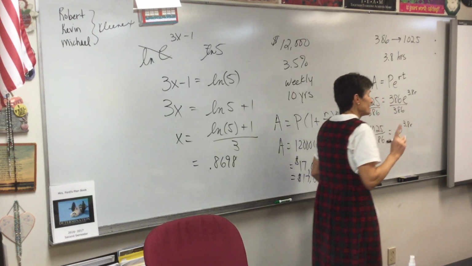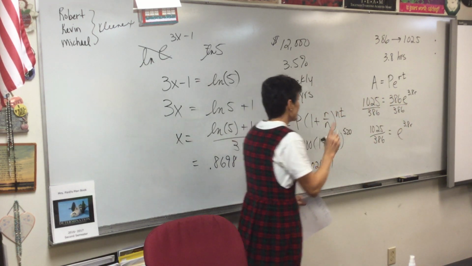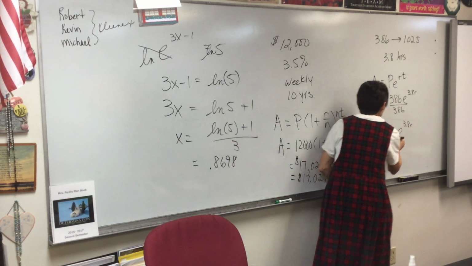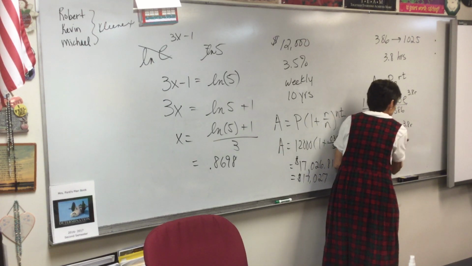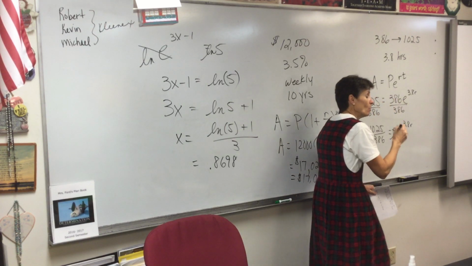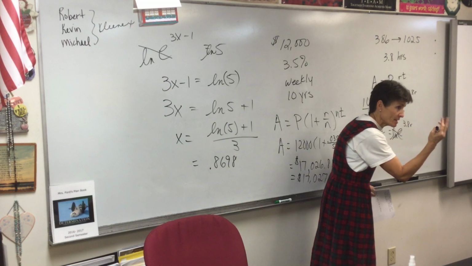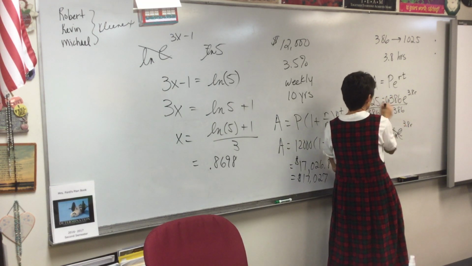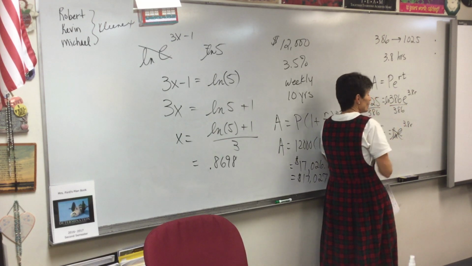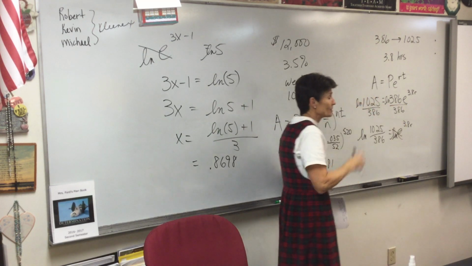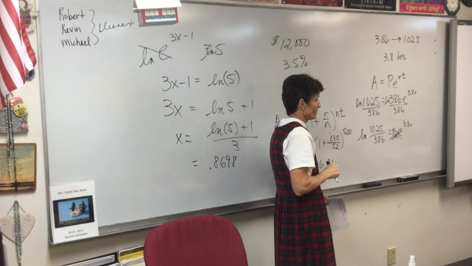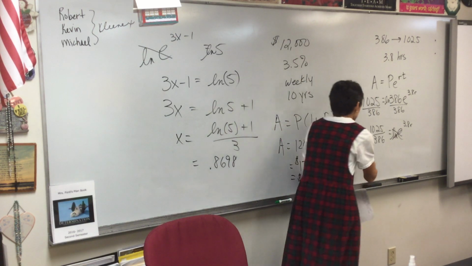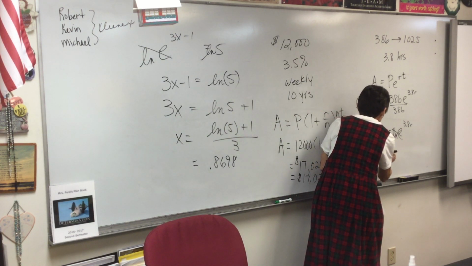And the reason, kids, that you have to divide is, you know what happens when you ln, these cancel, right? But they only cancel when they're touching each other. If you tried to do ln up here, is the ln touching the e? No, there's something in the way. You got to get rid of that something. So ln this fraction